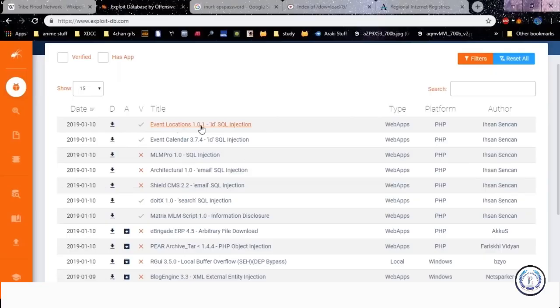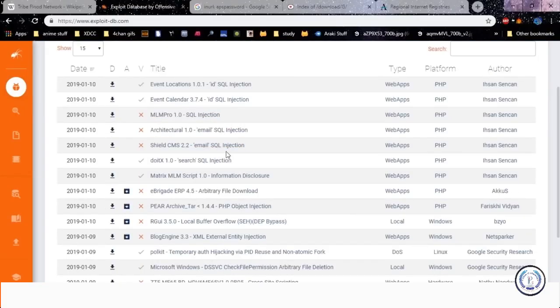And as you see, we have all sorts of stuff like this is an SQL injection thing. This is something regarding PEAR archive tars. So these let you get a foothold into some password cracking attempts, and you can do some brute force checking. And you can see here it talks about the type of search it is and what it reveals. You can just click here on Google search, and it will actually bring up Google with a list of responses that Google generates. So let's look at this one here.